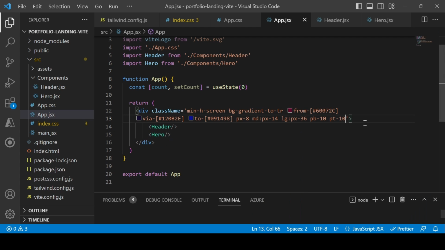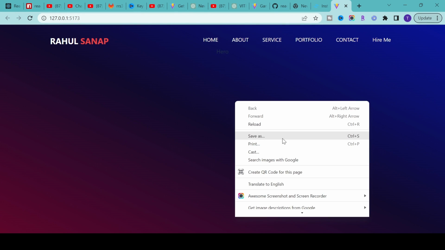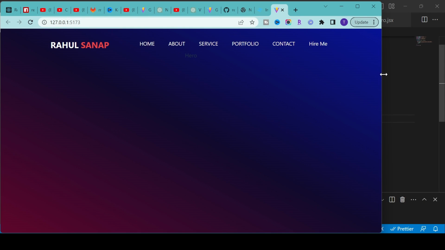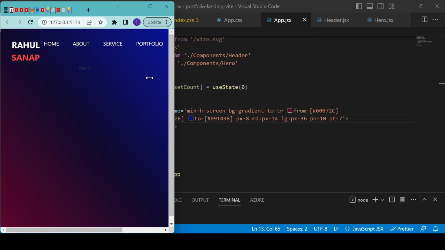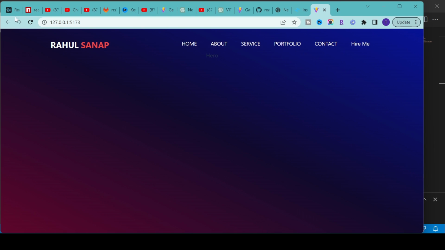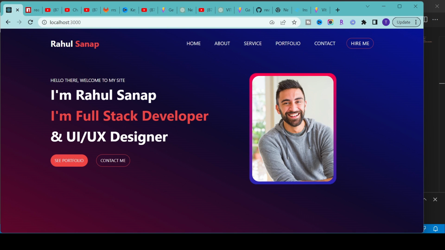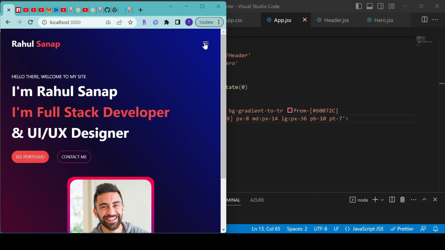Perfect. Let's decrease the padding from the 7. Okay, perfect. Now if I decrease the size of this one, obviously padding will change, depending on the screen size. If I'm making the screen size small, it changes. But we want this menu to be responsive, similar to this one. If I decrease the size of this application, the menu changes to this icon, and if I click on it,